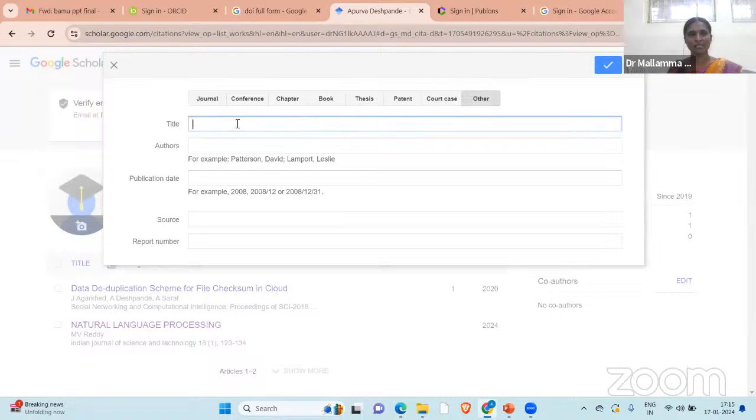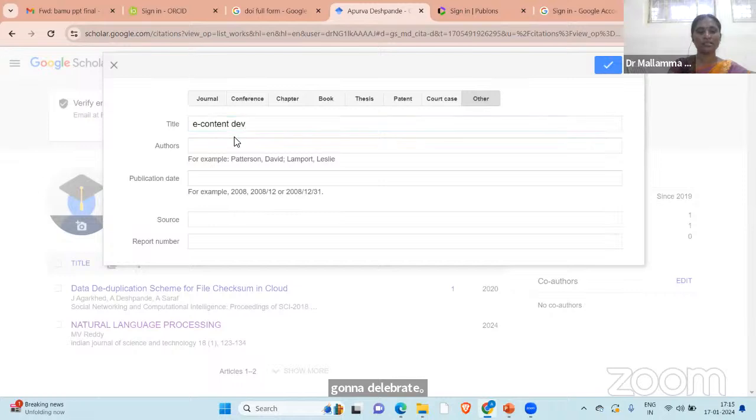So today I'm taking e-content development, something. Okay. Content development, and author say MHRD, UGC Teachers Association.